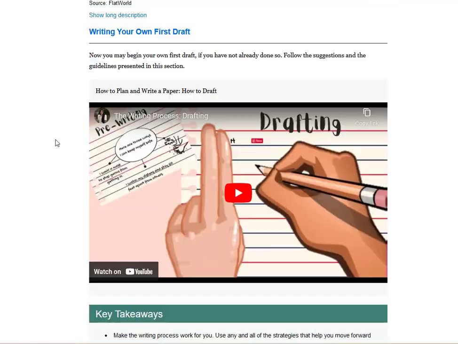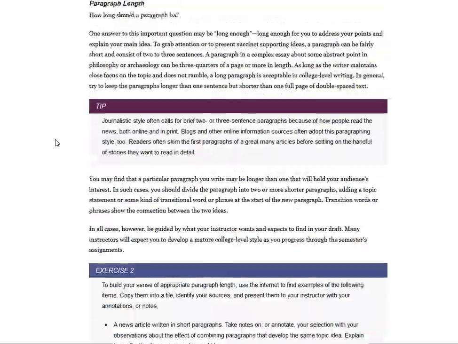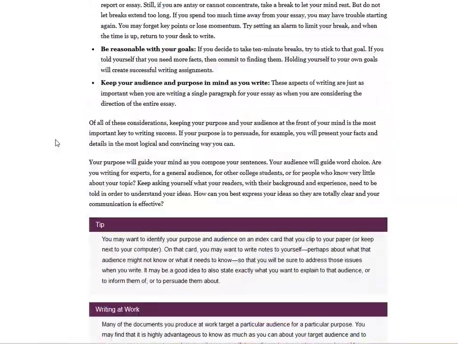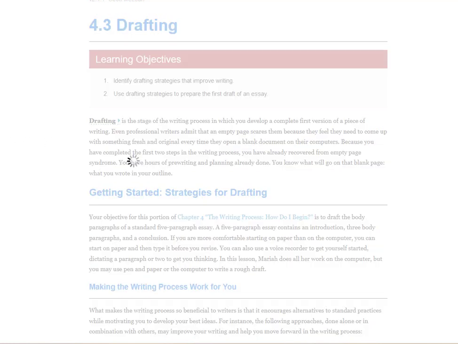So this talks about drafting. So this whole thing talks about drafting. And so in chapter 5, section 1,